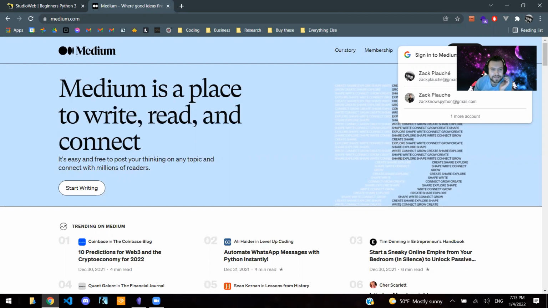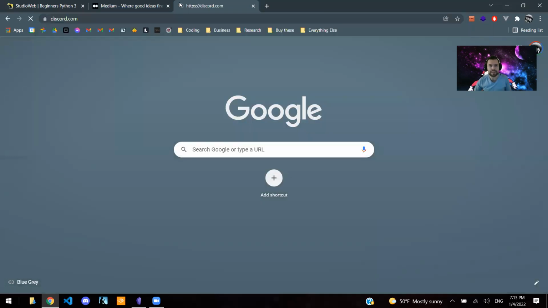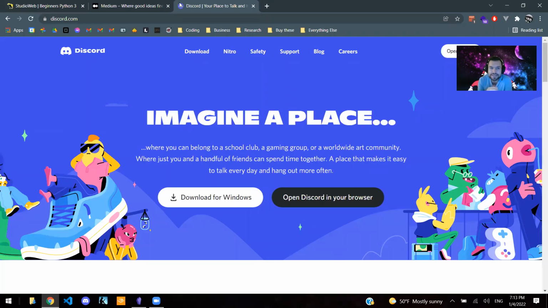There is one last one: Discord, Discord.com. Typically, most of these programming languages do have some kind of a community around them with people that are willing to help and ask for help. It's a place where developers from different disciplines can connect if they're wanting to learn something. Discord is basically like Slack, a messaging system that has a lot of features